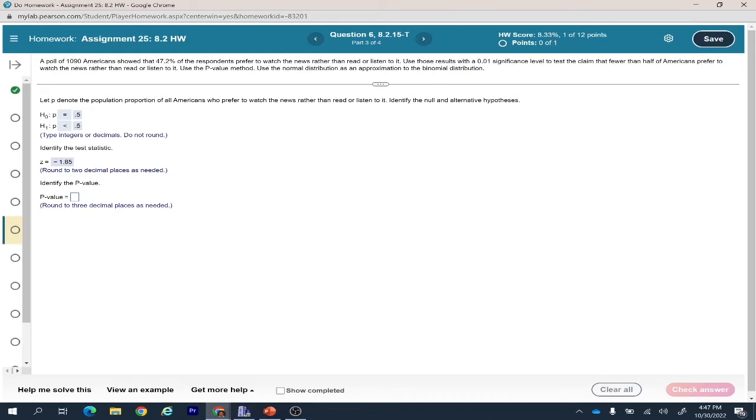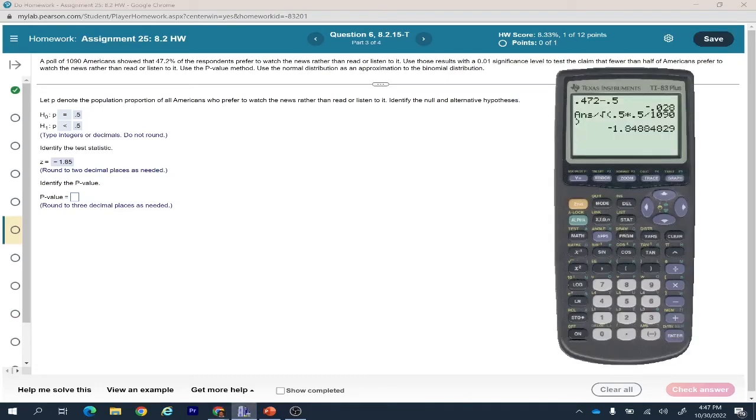Identify the p-value for this z value. P-value means the area under the curve to the left of this z value. So how do you find that? We can use the normal CDF function in the distribution menu. It will calculate the area between, let's say, a very small number, negative 1.00000, comma, up to this z score, which is negative 1.85. It's going to give me the area between these two numbers to the left, which is 0.0321. So that would be our p-value, which, rounded to 3 decimal places, would be